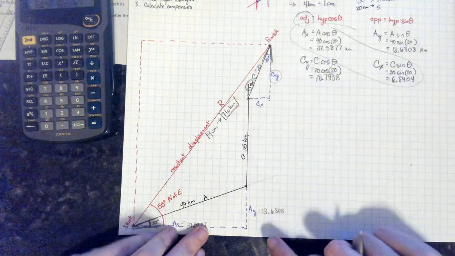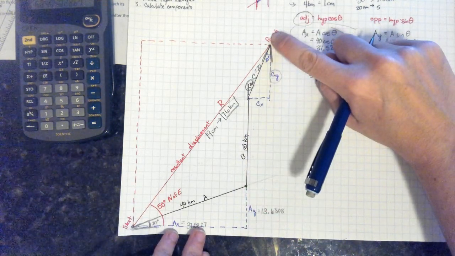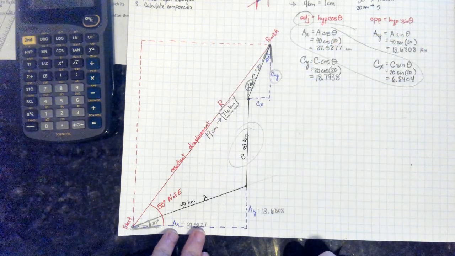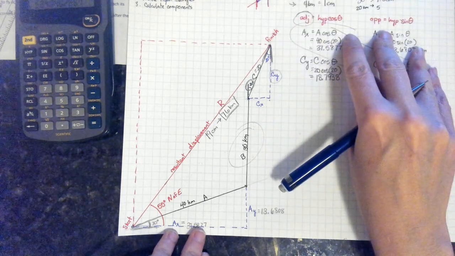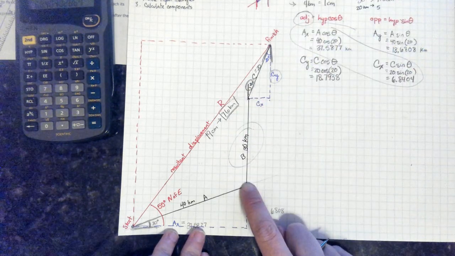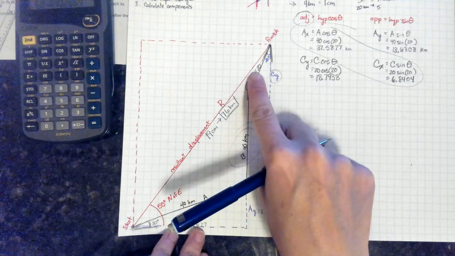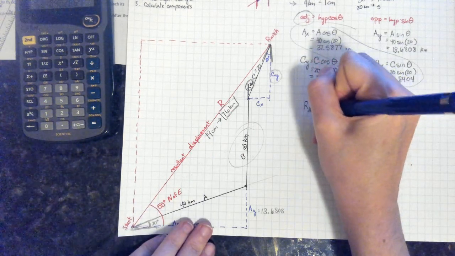And then for the vertical components, AY plus CY, but we can't forget B is there too. So even though we didn't calculate any components for B, it still contributes to our vertical displacement. So our x is going to be